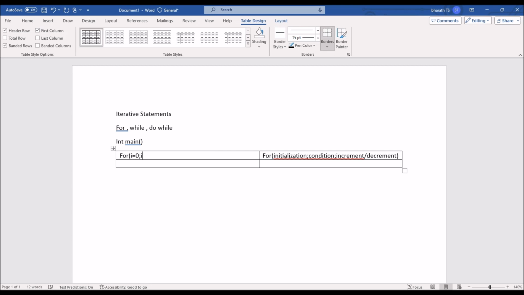You have to declare i as an integer data type previously, or you can declare it here itself, not at all an issue. i equal to 0, i less than 1000 if I want to print something 1000 times. i plus plus means, I'll explain what happens here.